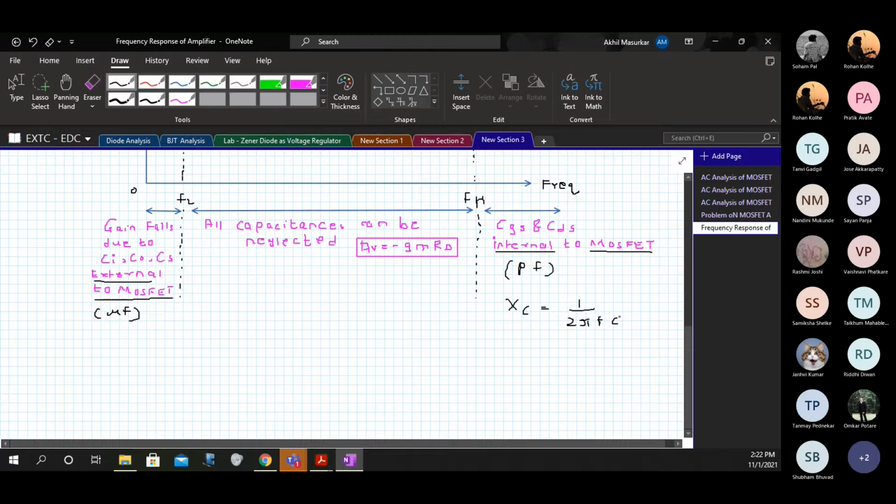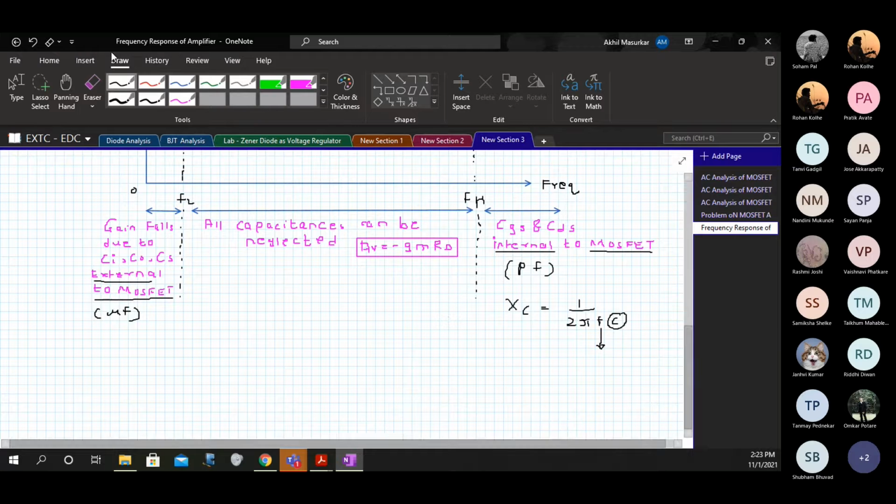So already I have my C value fixed, but my F value is increasing. If my F value is increasing, the impedance at high frequency is going to decrease, and thus these can no longer be considered as open circuits. So they are responsible for short circuits inside the device.